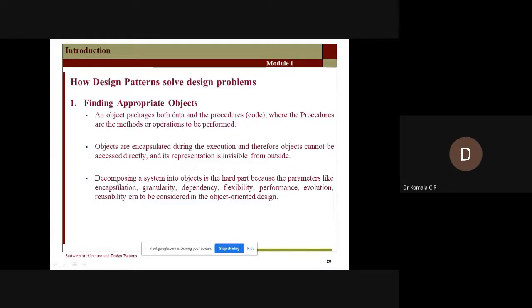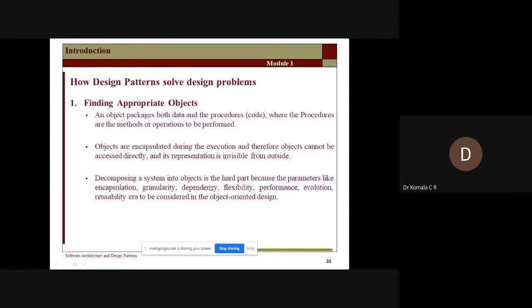What are those? Encapsulation. What is encapsulation? You are going to combine these requests as an object. So this has to be taken care of. How many requests have you encapsulated? Then what is granularity? Granularity is nothing but level of detail. Level of detail means, with respect to objects here, how many objects you have, what type of data you have used, whether you are performing the operation on binary data or decimal data, all the details. What percentage of detail does granularity provide? That has to be taken care of.